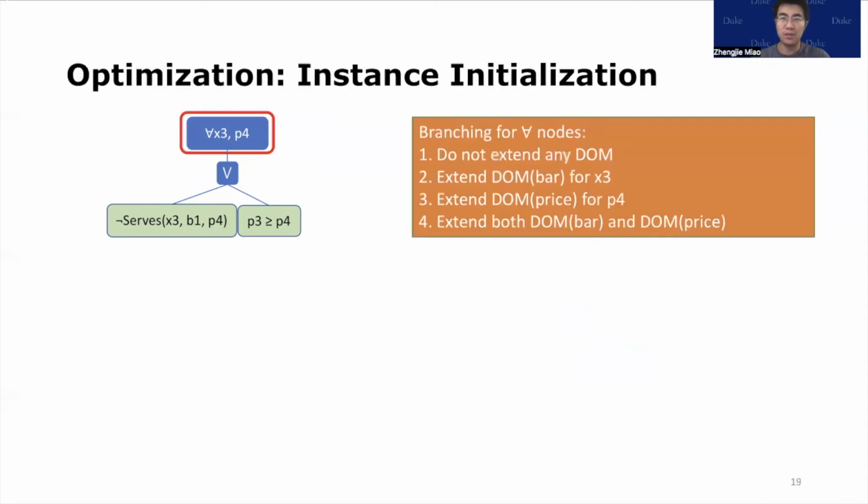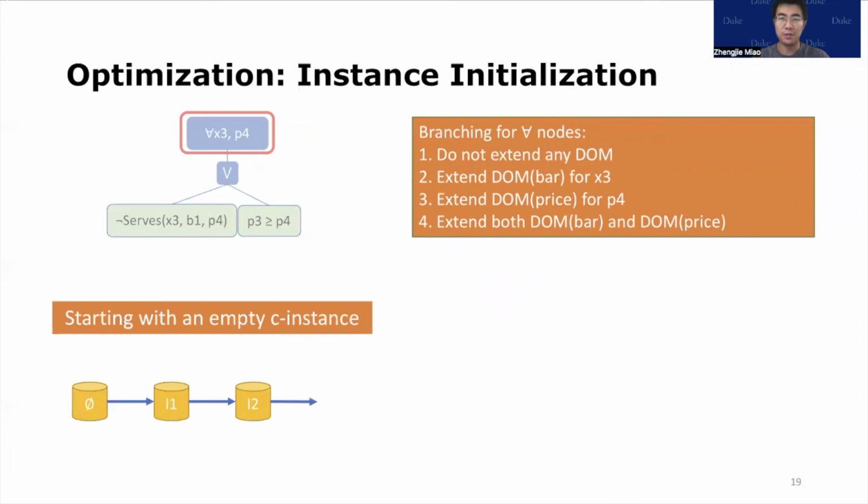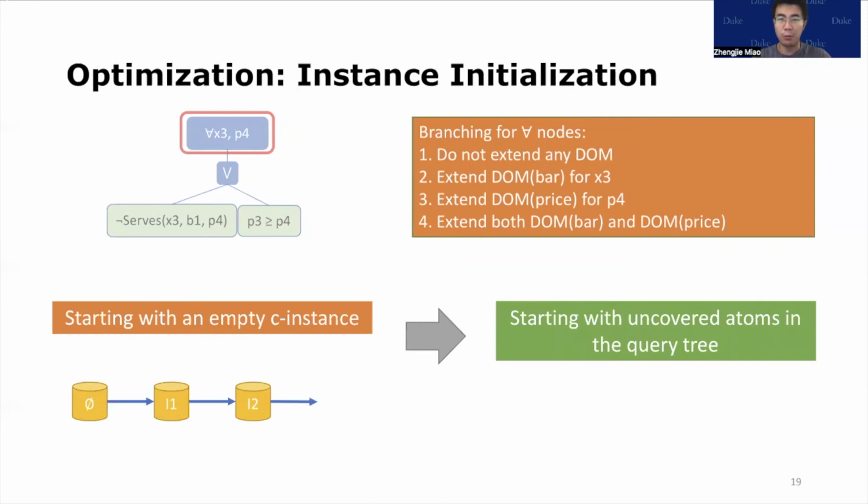What I have described is the naive exhaustive search for C instances. Certainly, the branching may lead to undesirable performance. Hence, we proposed two optimizations. The first is to disallow the algorithm to add new label nonce for universal quantifiers. Hence, it prunes the branches by universally quantified variables, which will run faster, but will also lose some solutions for coverage. But then, we can force the algorithm to cover those atoms by adding them to the initial C instances and rerun the chase procedure.